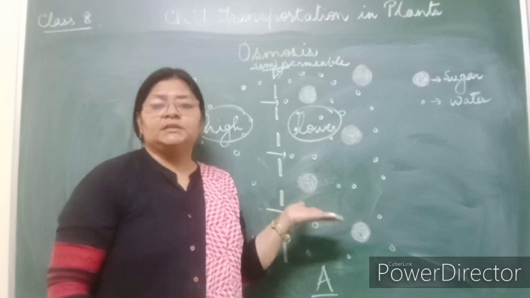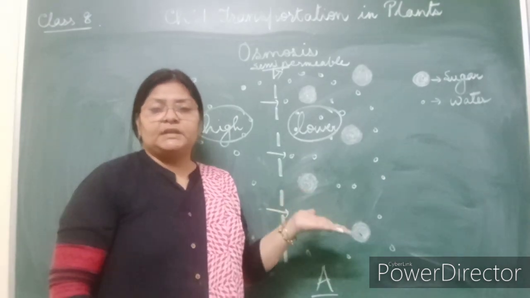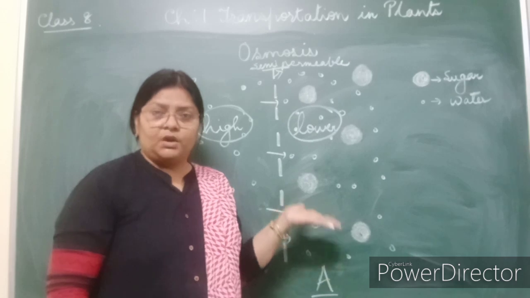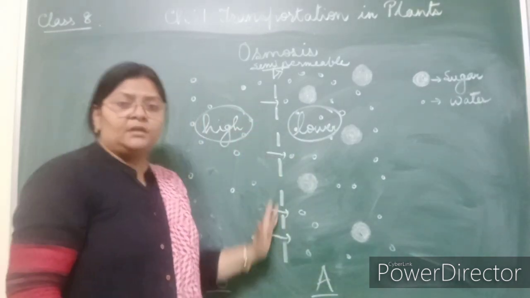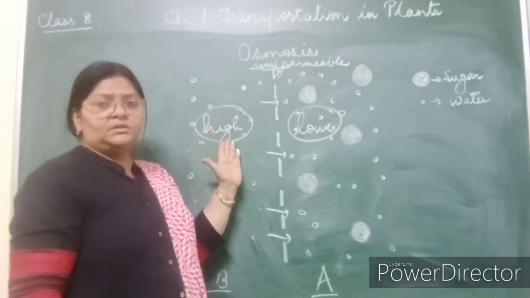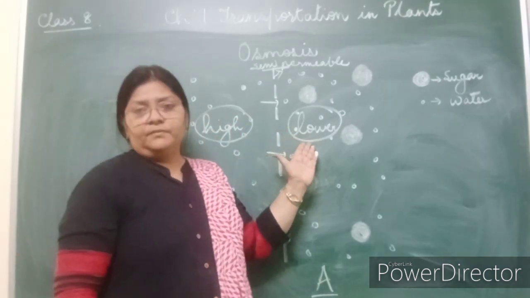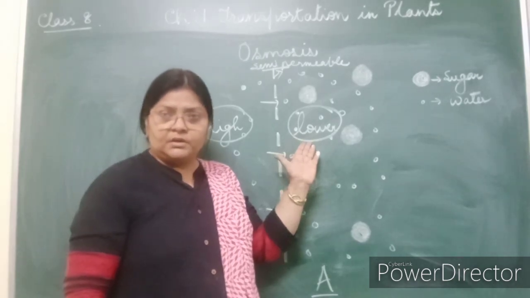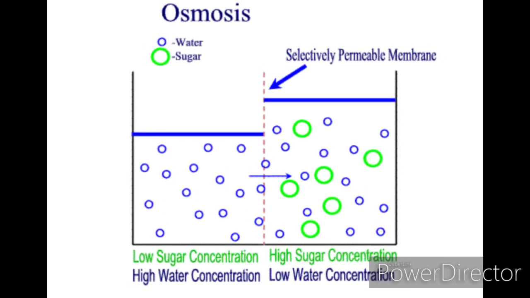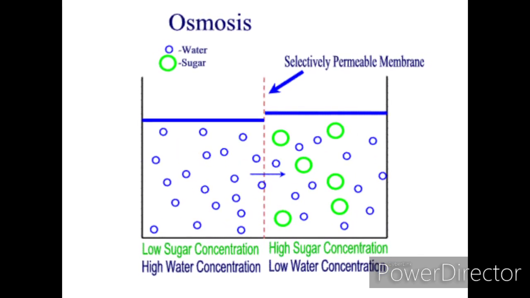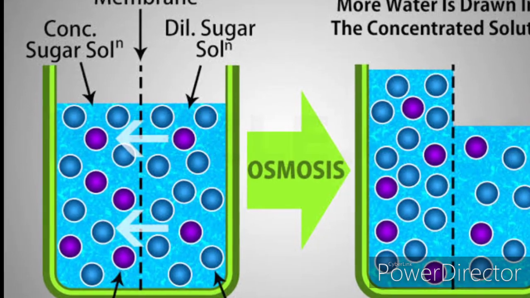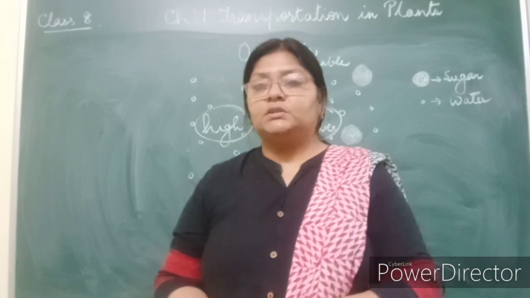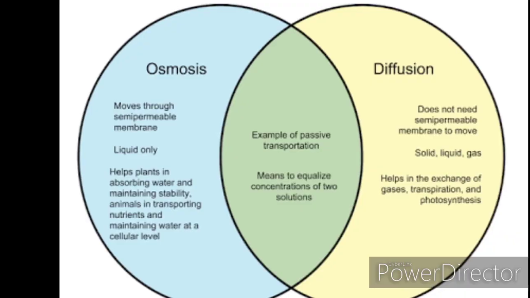Okay, this is osmosis, the process of movement of solvent molecules or water molecules through a semi-permeable membrane from a region of higher concentration to a region of lower concentration. So by these processes, osmosis and diffusion, the roots absorb